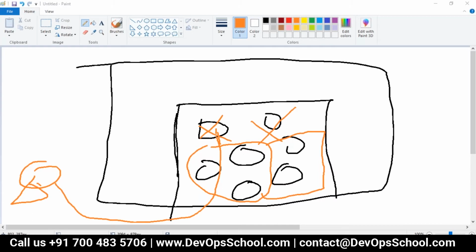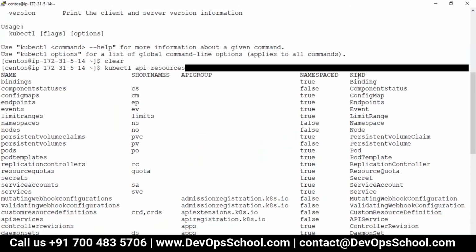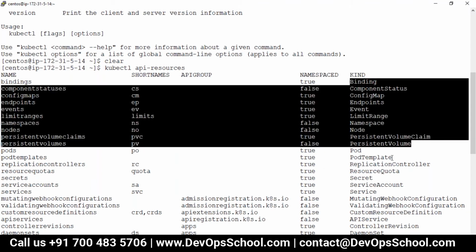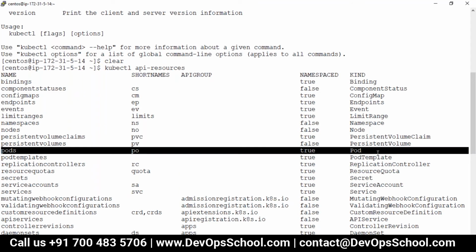So kind is important. Every API when you register at the Kubernetes server, I'm repeating, you have to specify the kind, and this is case sensitive. Now the last point is what is a namespace.